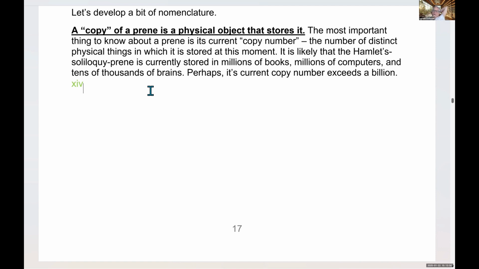That was stored in dinosaurs, right? As they had cells, they had the sequence in there. So what was the copy number of the dinosaur preem